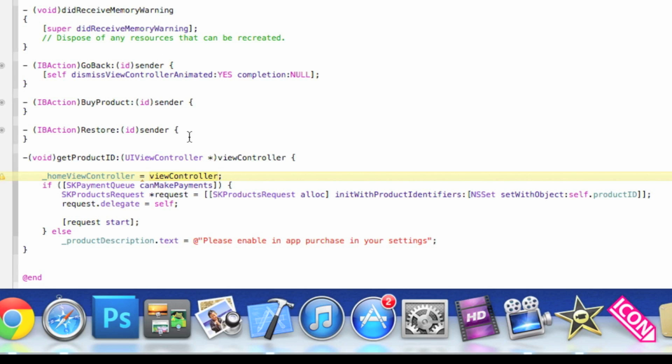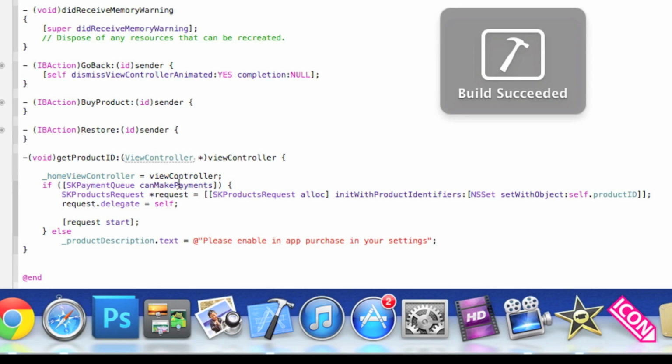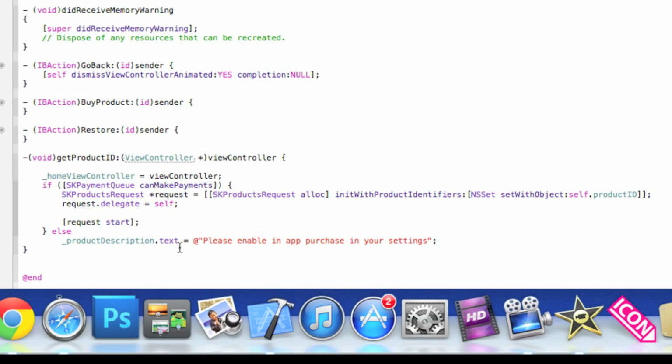Right, we get an error come up here. You see the problem already. Where I've got UIViewController, we need to change this to ViewController. Save and build that now. It gets rid of that error just there. Okay, so now once you've done that, just after that there,